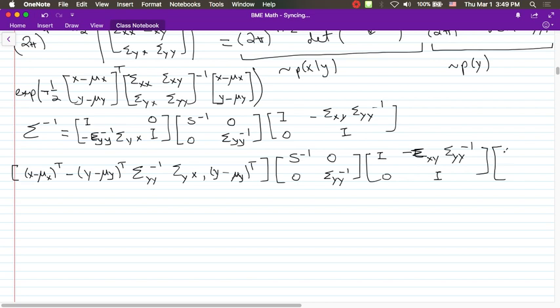Times the vector x minus mu x, y minus its mean. So we're going to multiply it through. And when we do, here's what we're going to get. I'm going to get x minus mu x plus sigma xy, sigma yy minus 1, y minus its mean